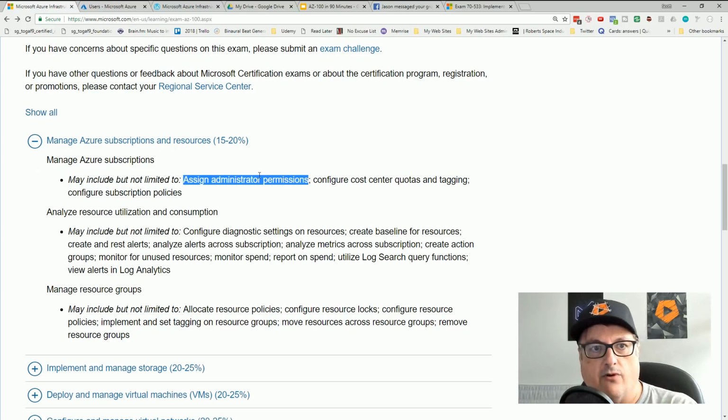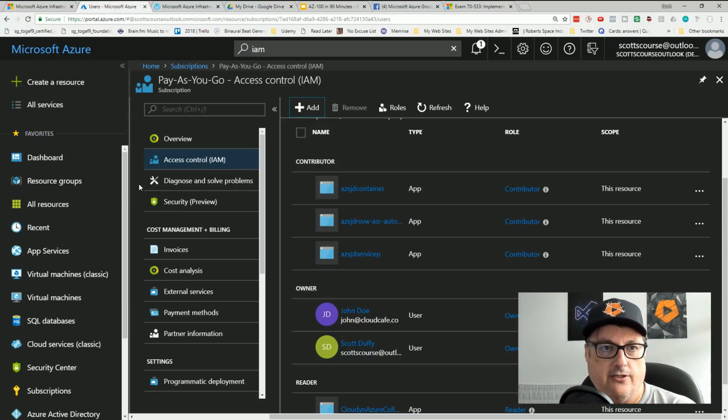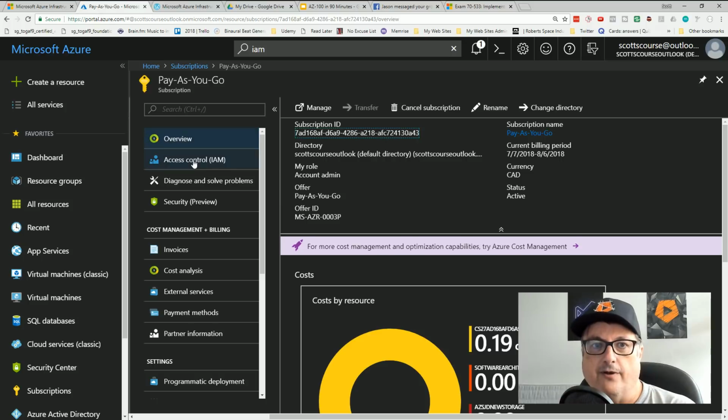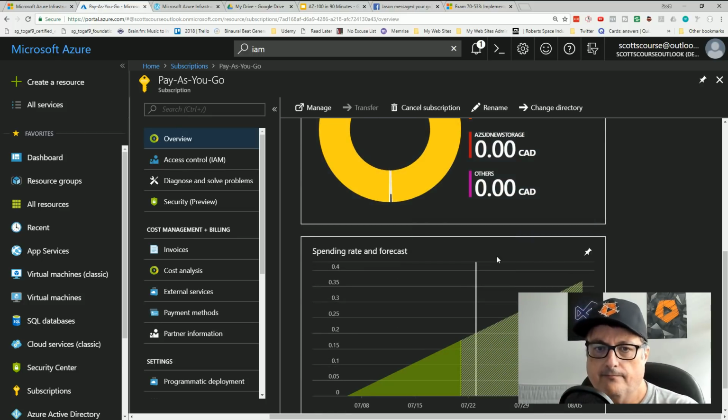If we go back to the requirements, understanding permissions at the subscription level. Cost is always a big thing. Every month I should tell you about this, but I've got my costs down pretty good. I haven't been using my account much this month, and you can see here I'm only running up 19 cents worth of usage.